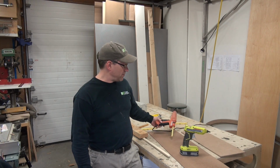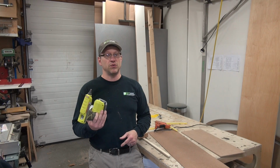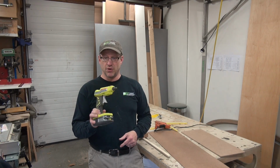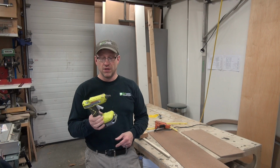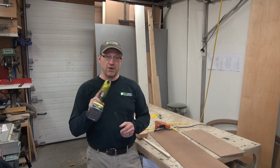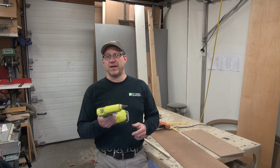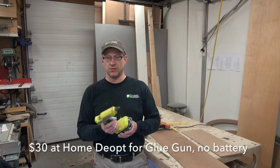But what I did find was a handful of more inexpensive guns. Black & Decker has one, Ryobi has one, and those of you who know me know that I don't own any Ryobi tools. I purchased this, and I think it might be my first Ryobi tool. So I went in with a little bit of a negative attitude. So I want to share with you my findings on this Ryobi P305 cordless hot glue gun that runs on